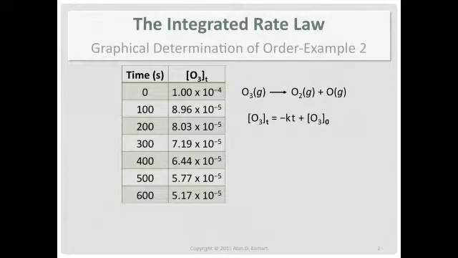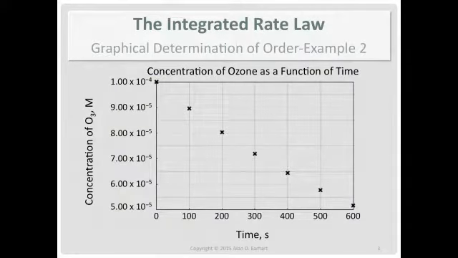So here's the equation for zero-order kinetics, and we'll plot the ozone concentration as a function of time. Does that appear to be a line to you? Well, let me get the best fit line and see. Now that's pretty obviously a curve. You go from left to right. The data starts above the line, goes below the line, then goes above the line.